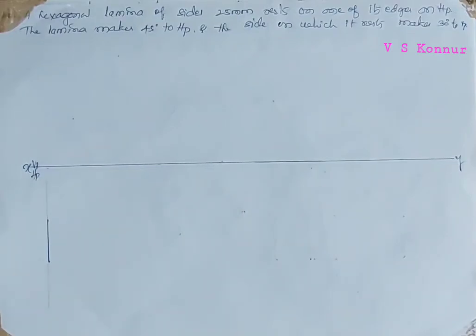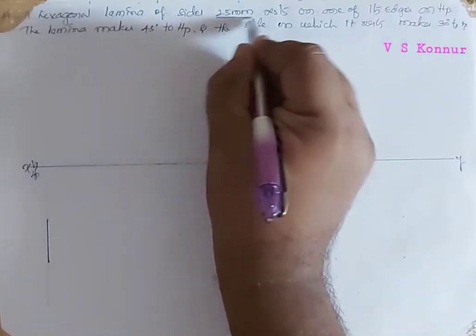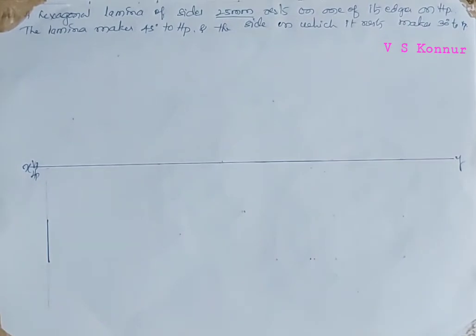40th problem: a hexagonal lamina of side 25 mm, resting on one of its edges. The edge should be to the left side of the XY line, resting on the horizontal plane, with one of its edges 25 mm. It is edge resting. Now the hexagonal lamina makes an angle of 45 degrees